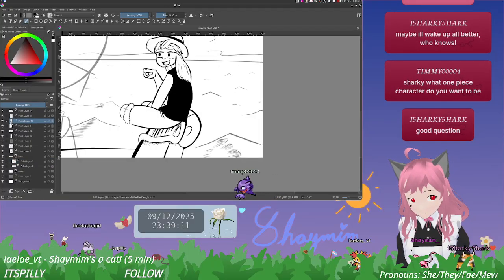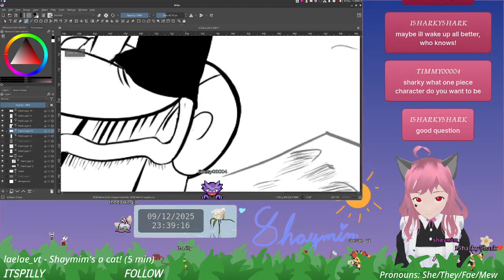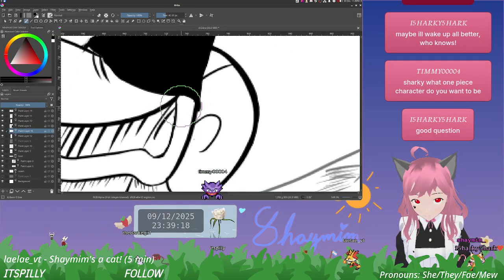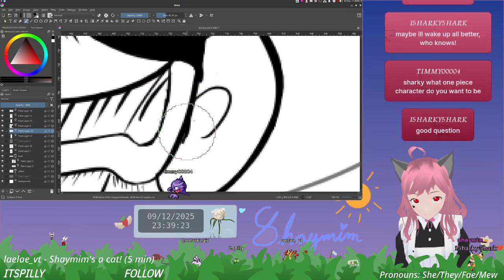Then, as part of the tail, probably want to texture it a little.